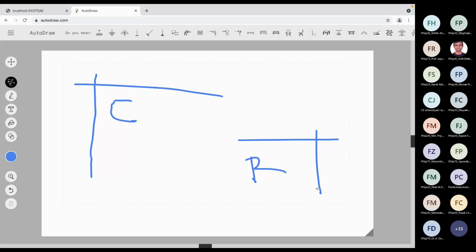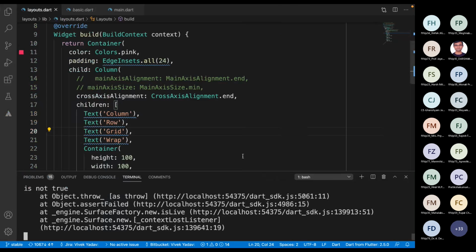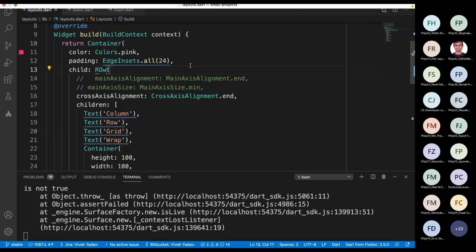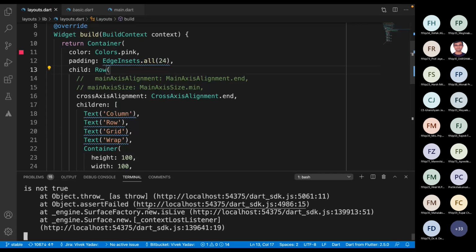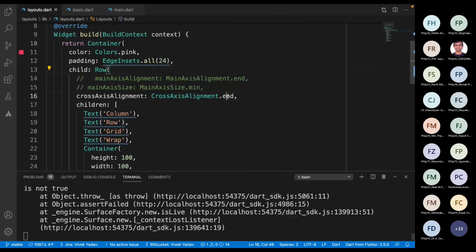Okay, so let's see the same behavior with the row. I will make it a row and start it. It is inside a row. So here we can see right now the text is at the end of this row, because this is the end.